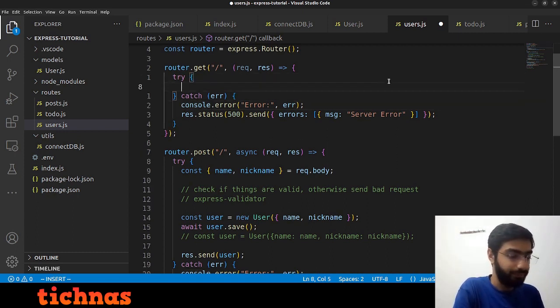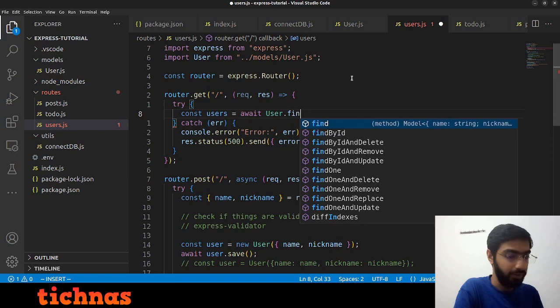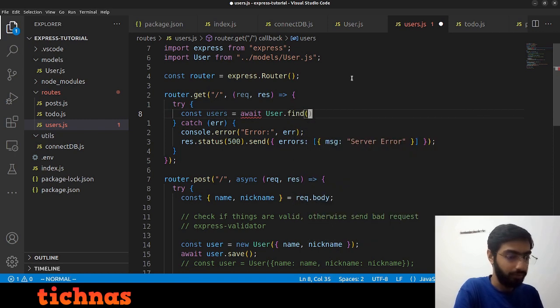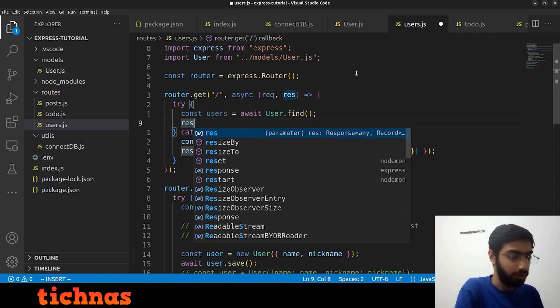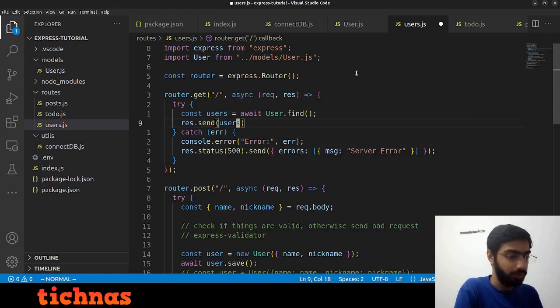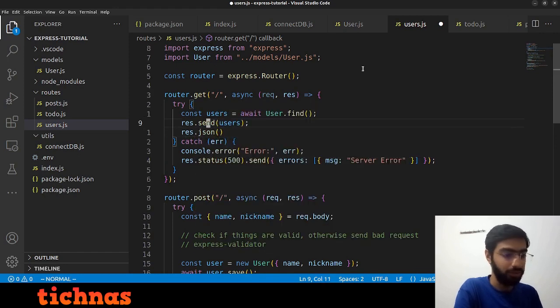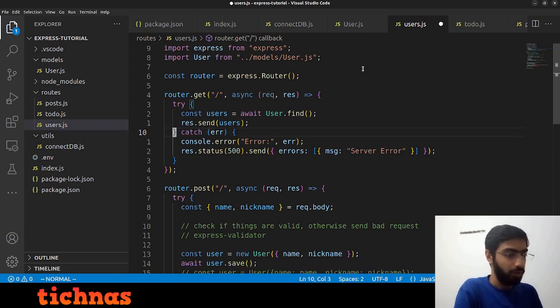Now how to get the list? Very simple actually. So you do const users equal to await user. This user is what we are importing. Dot find and just this. Since we are using await, we do async. And now res dot send users. Or actually you can also use res.json. Both of them are same thing. res.send or res.json. So users,